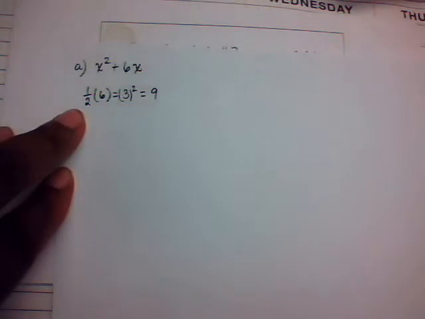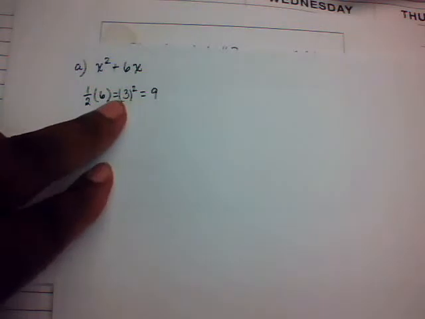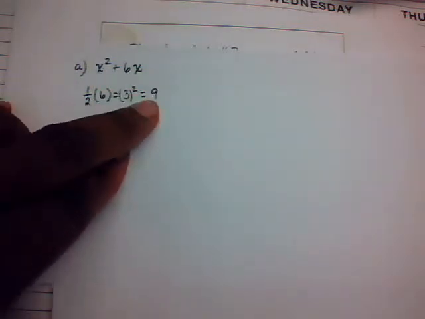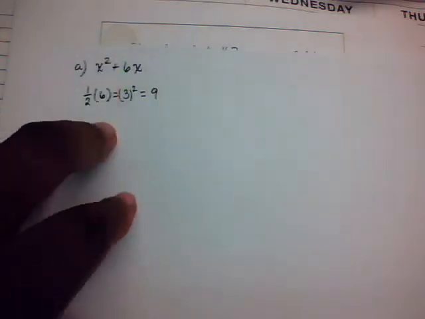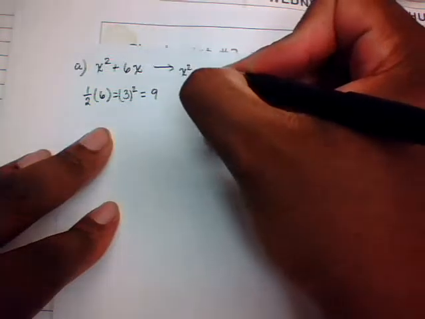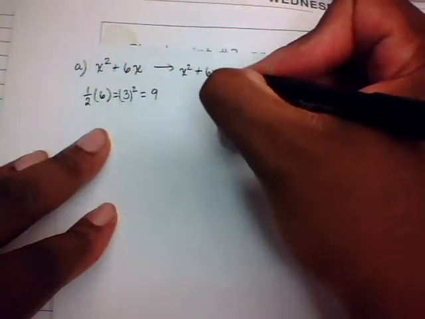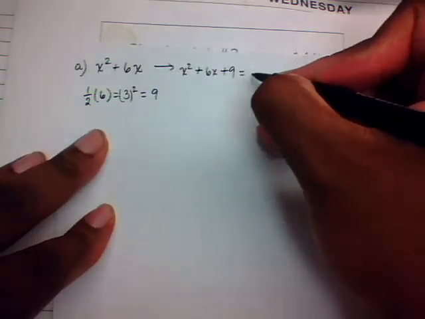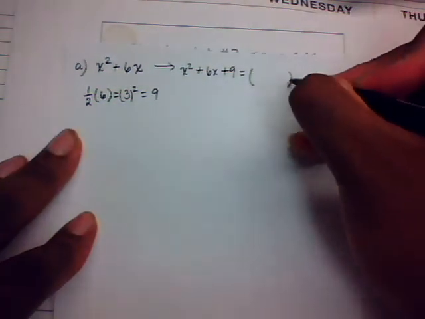Okay? When you complete the square, take half the coefficient of x, and then you square it. Half of 6 is going to be 3, and then 3 squared will be 9. That's the number you're going to add to the x squared plus 6x. So here, we're going to have this perfect square trinomial, x squared plus 6x plus 9, which can be factored into,